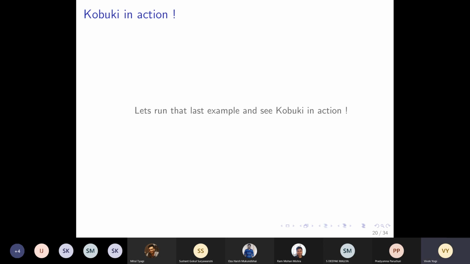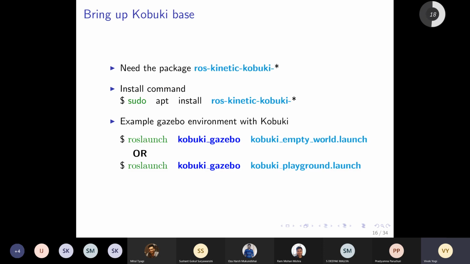I think one thing is, did you install this Kobuki package with this command, sudo apt install ros-kinetic-kobuki-star? Yes, yes. This star is important. It will install all those relevant packages. So you have done that, right? I think in that SC635 course we had installed this only, with the star only.